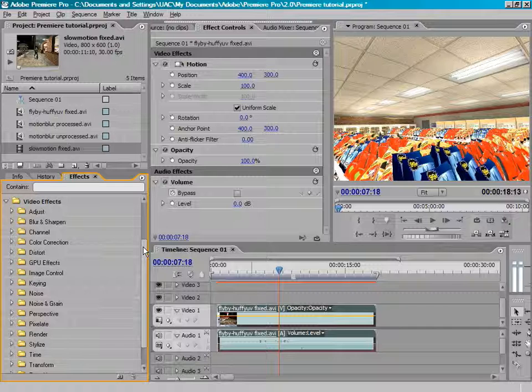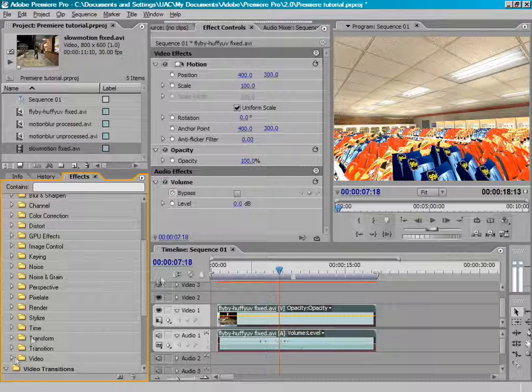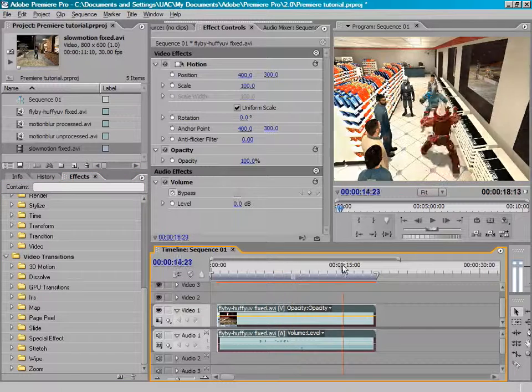Now in addition to video effects, which change the look of your clips, you can also have video transitions. These are used to show a special effect for switching between different clips. So the first thing you need to do is add another clip to transition to. I mean, you can always transition to black, which is a very common and useful transition, but let's add another